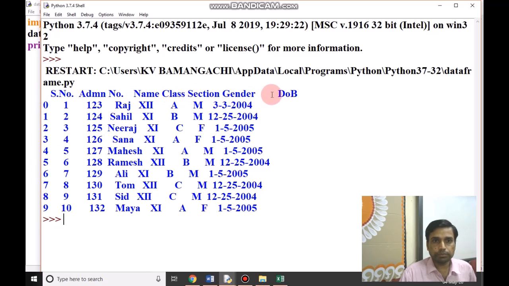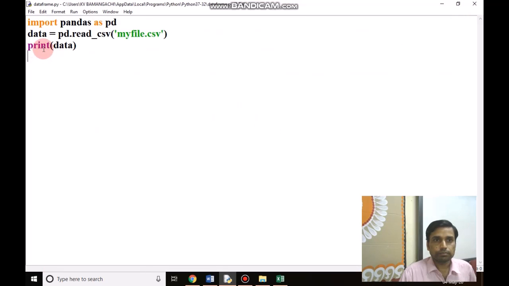These are column names and these are indexes 0 up to 9. There are 10 rows of data. In this way, we can import the data from a CSV file.